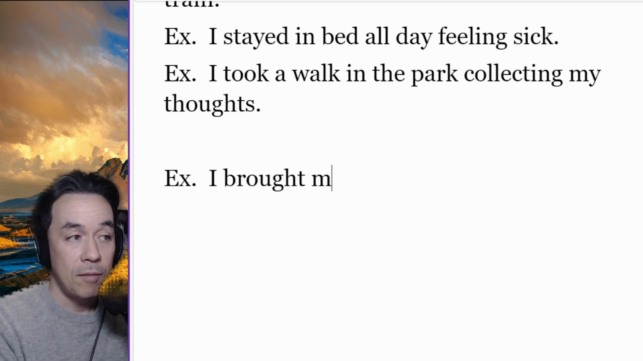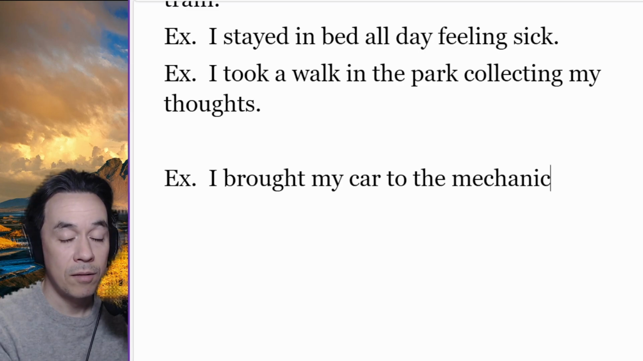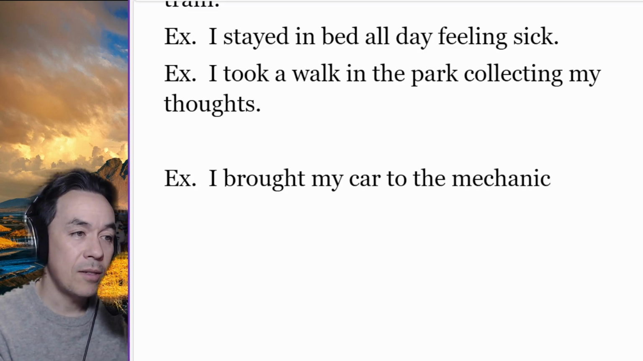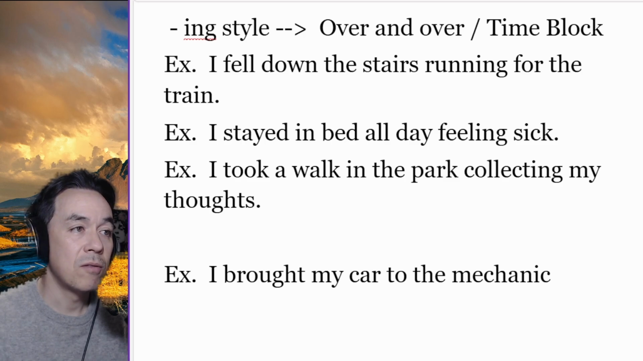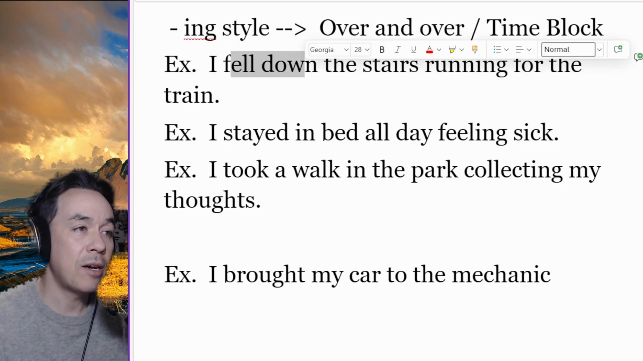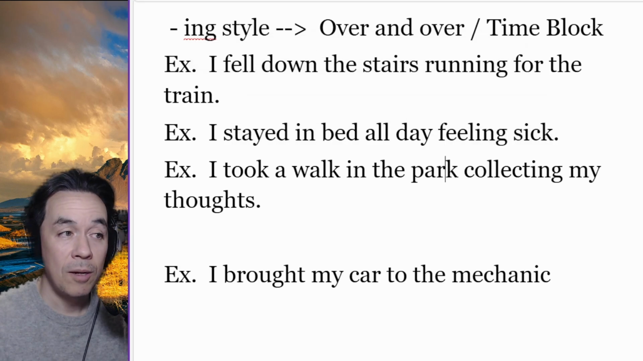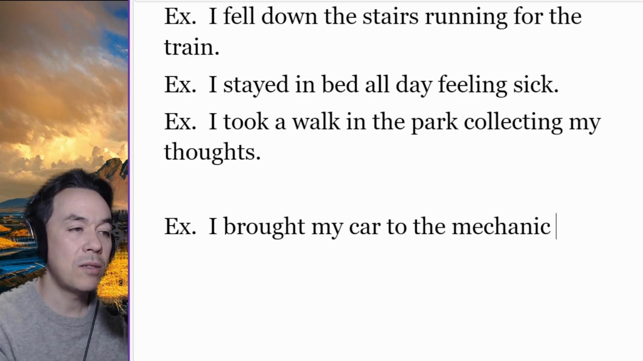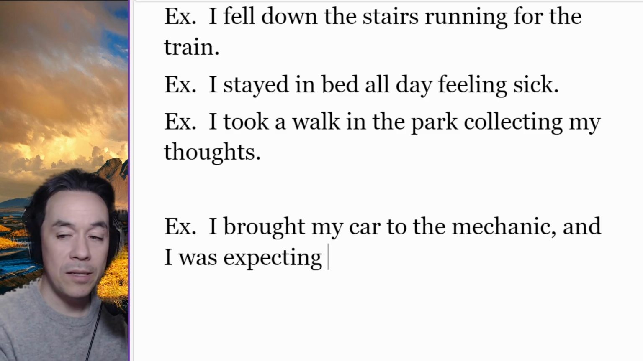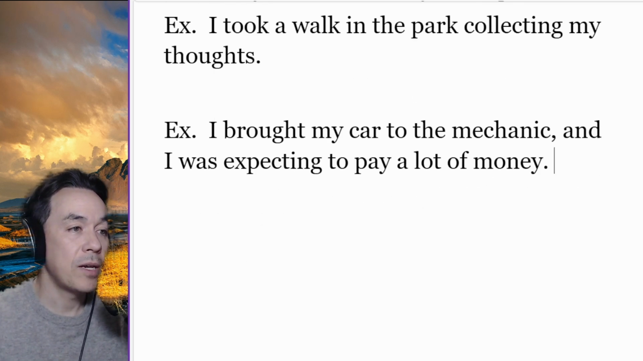I brought my car to the mechanic. Now these ones have all been because, meaning the result: running, or I fell down because running. Stayed in bed because feeling sick. Took a walk because collecting my thoughts. Now this is actually different. So I would say, and I was expecting to pay a lot of money. Okay, so that's why I call this